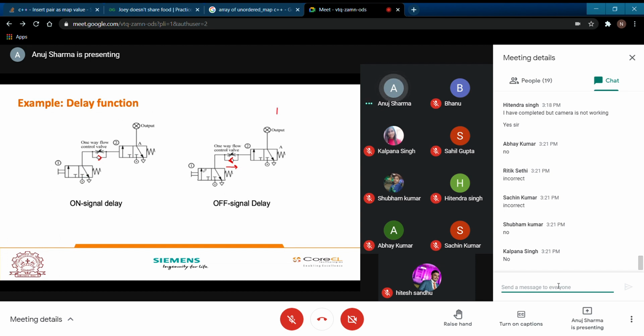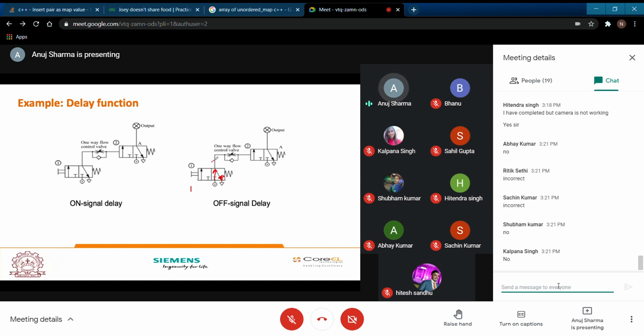But when you switch off the signal, or you provide a 0 to this particular valve, this is going to be spring return. The spring return is going to be instantaneous in nature. But let me just go step by step. Let me erase it first and start from the initial position with 1. So when 1 is provided to this example, this DCV will be switched to this particular position.